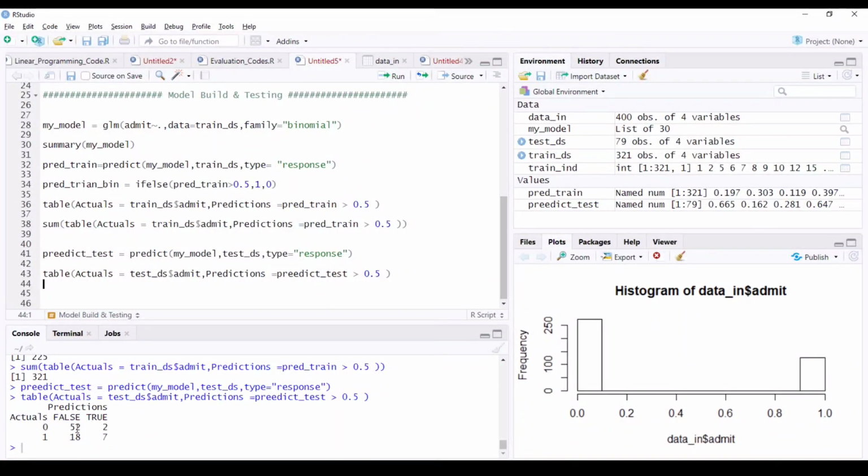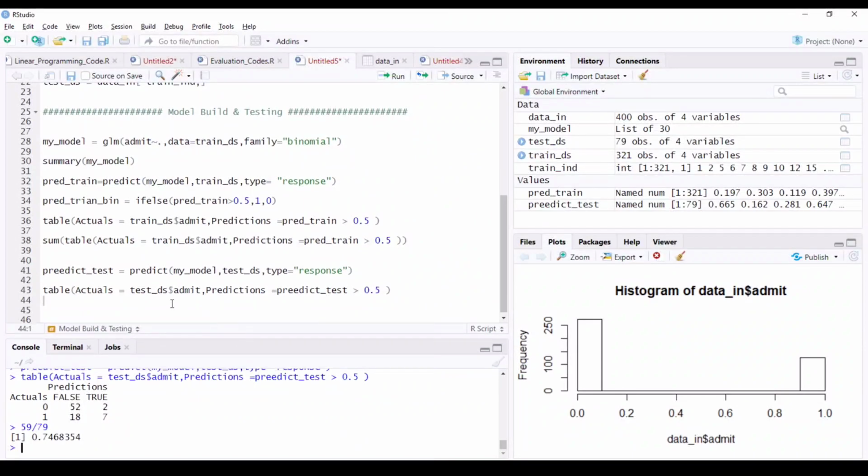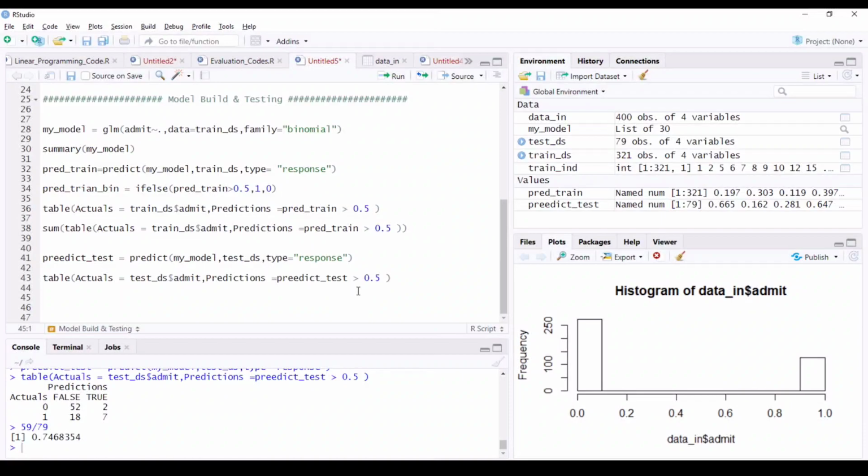Alright, so if you see here, the accuracy is that. So 52 plus 7 is 59 divided by 79. So 74% accuracy, which is a little bit better than my training accuracy. But I just wanted to see if I can improve the score a little bit better. How do I do that? I can only do that by